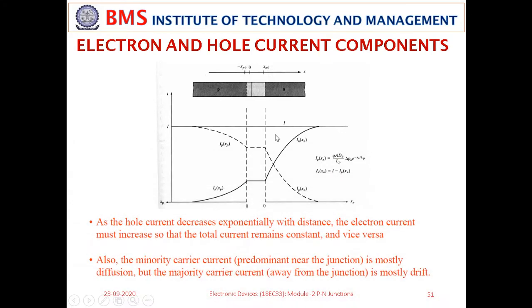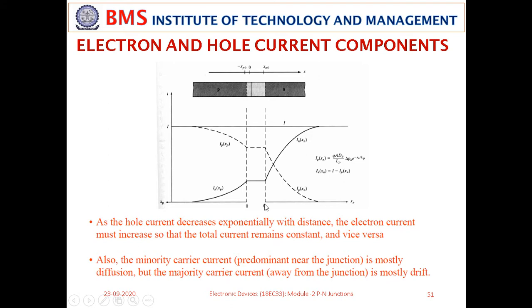So, observe these electron and hole current components here. The y axis tells you the magnitude of current, and the x axis is distance. xn and xp are new distance parameters. xn starts from the edge of the depletion region. The dotted line shows the edge of the depletion region, and this thick line is the distance along, from the edge of the depletion region.